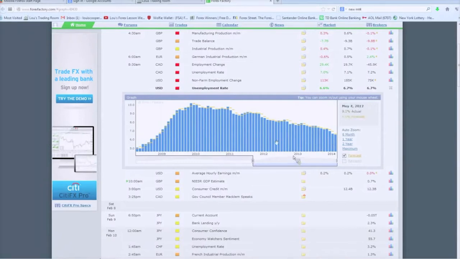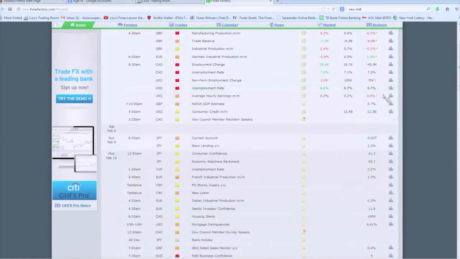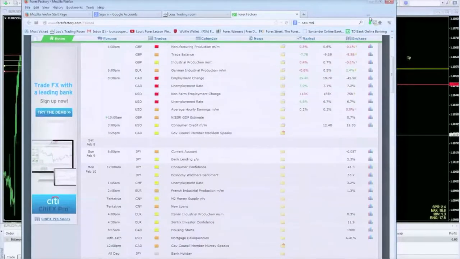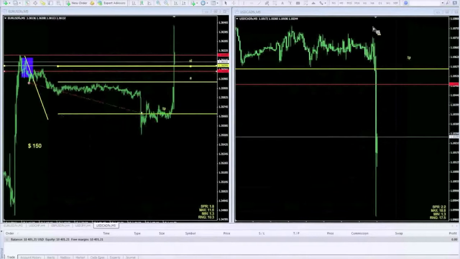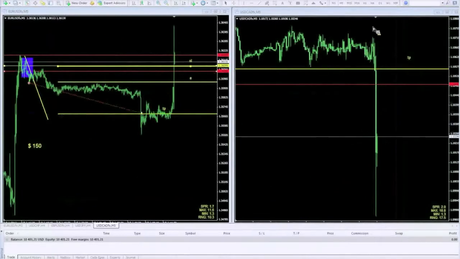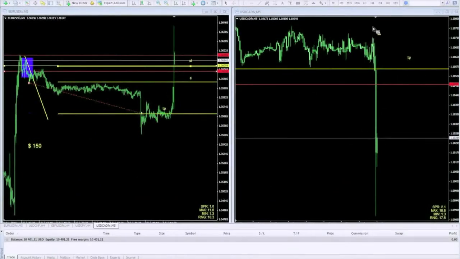So it's another way traders can take a look at this and get a bead on which way they think the market is going to move. All right. Any questions on that? We'll go into this in detail, but I just want to give you guys a general idea of what's going on. All right, so if we're good with that,